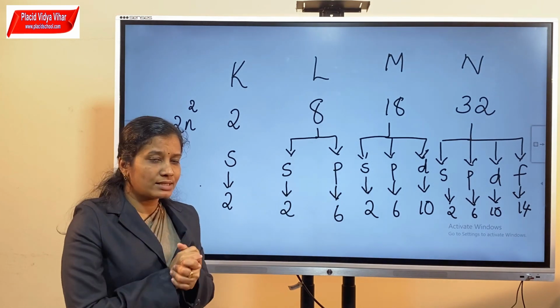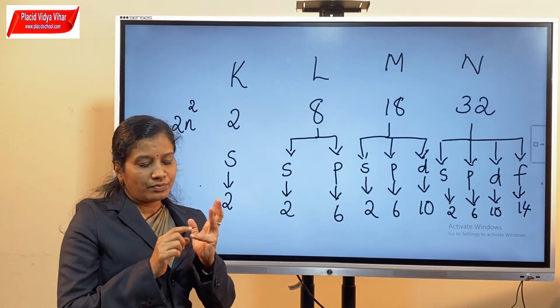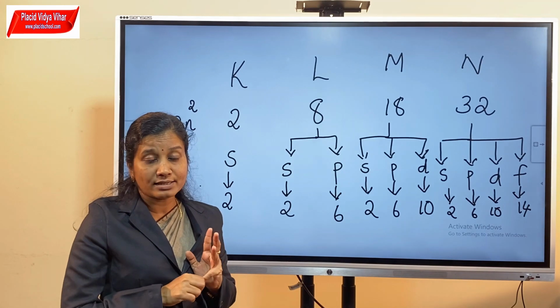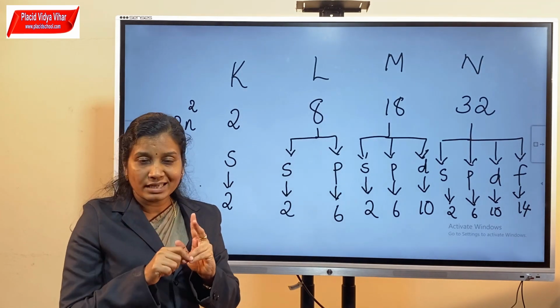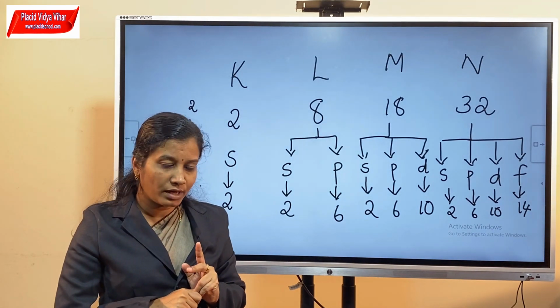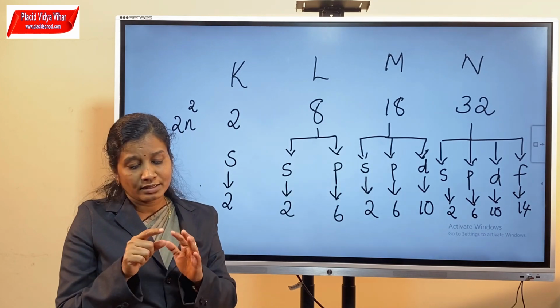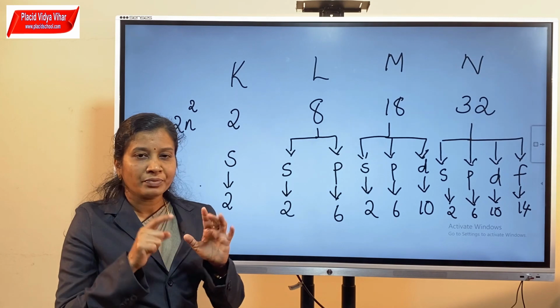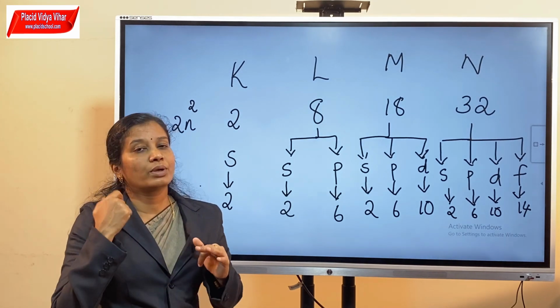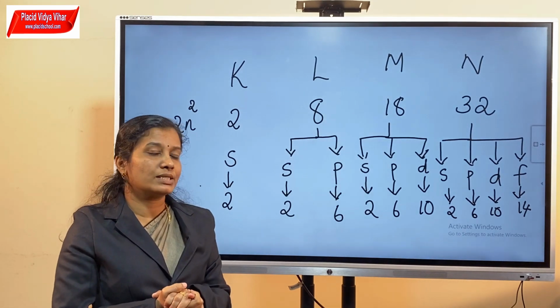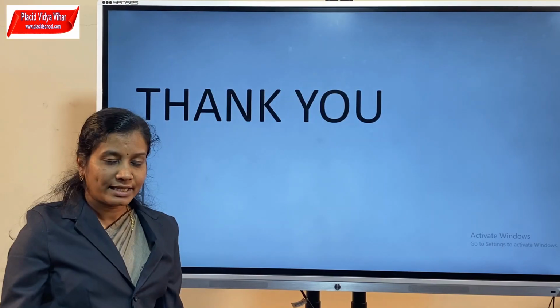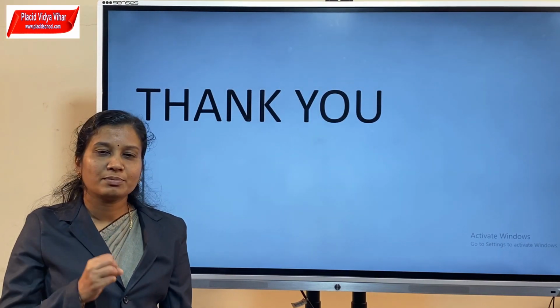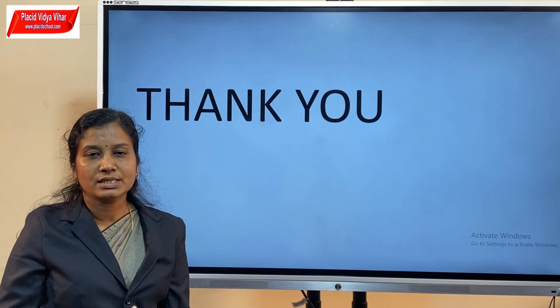Then let's revise our topics. The first thing, the Bohr model and its limitations, the postulates, merits and demerits of Bohr's atomic model. Then we considered the concept of shells, the maximum capacity of the shells, then again the subshells, and how we can find out the maximum number of electrons in each subshell. In the next class, we are going to see the concept of orbitals, quantum numbers, etc.